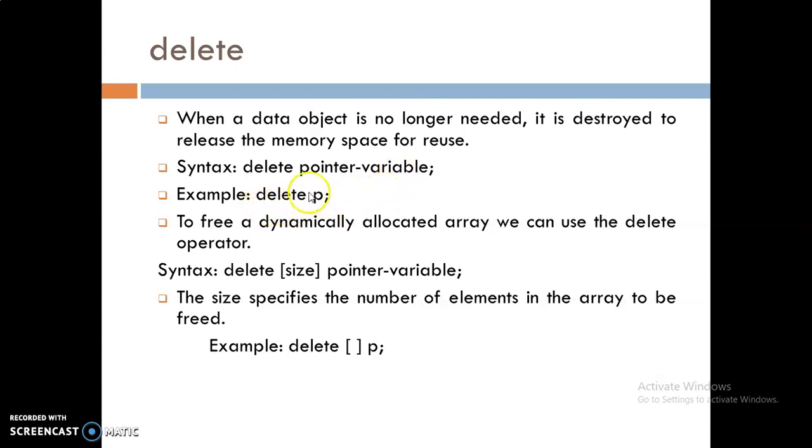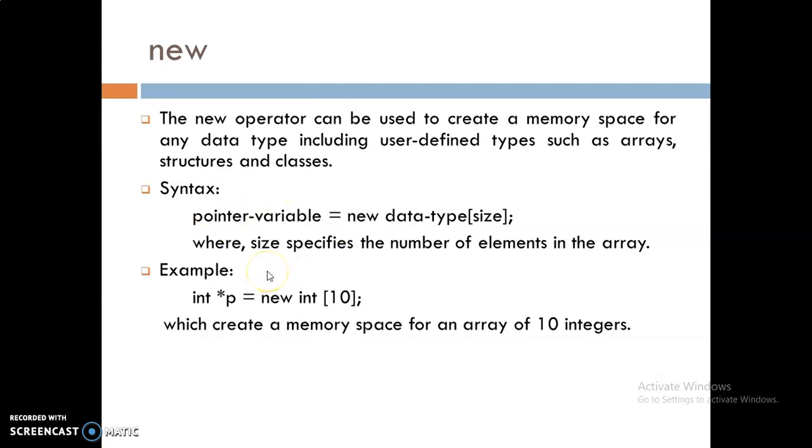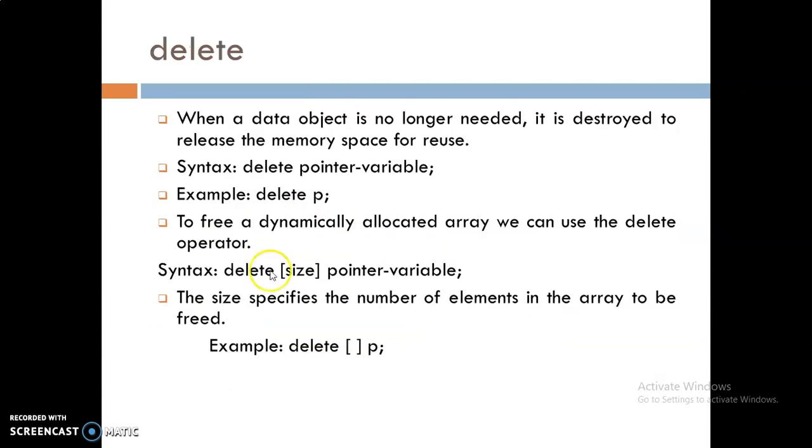Here, I have already declared the variable. You can see I declared a variable P by using new. Now this pointer variable is not being used in the program, so its reference is not there. So we will try to delete this. But how will we delete that? By using the delete unary operator, you can delete the variable as it is no longer being used in the program. So to free dynamically allocated memory, we can use the delete operator.